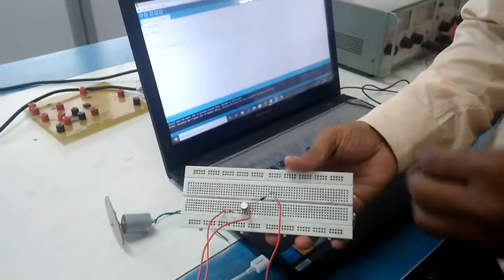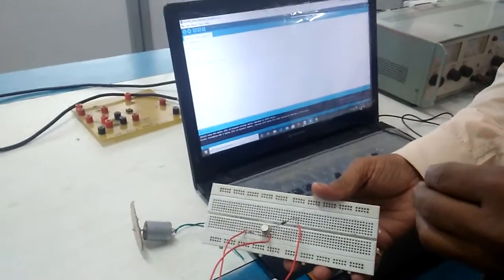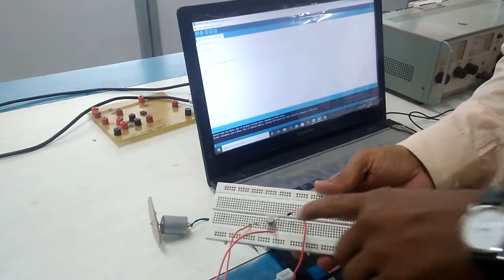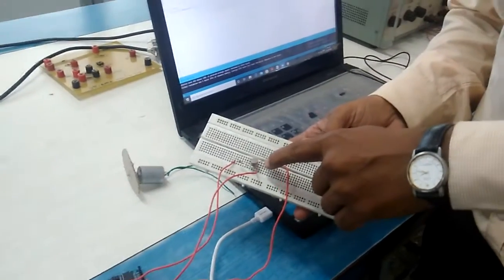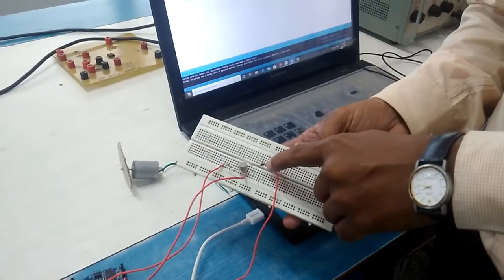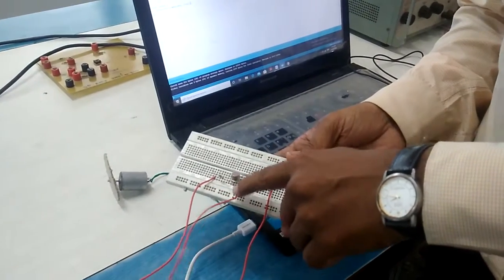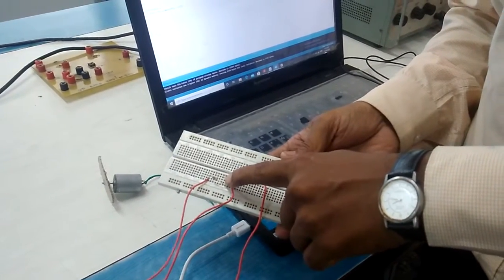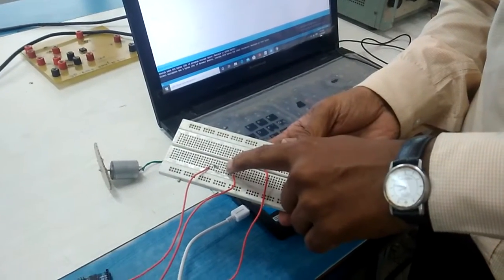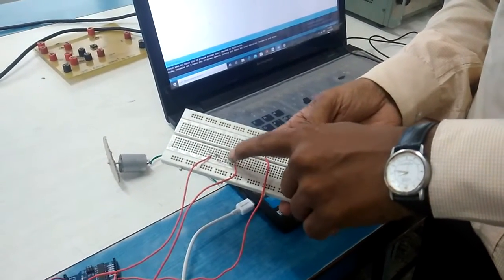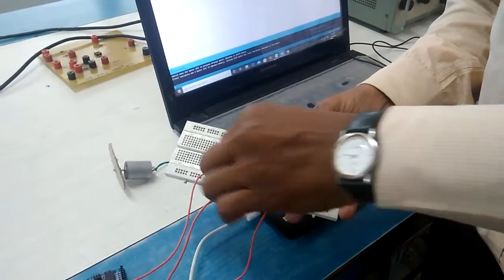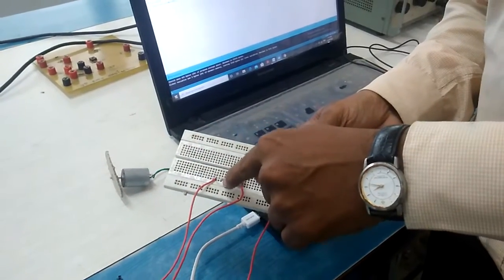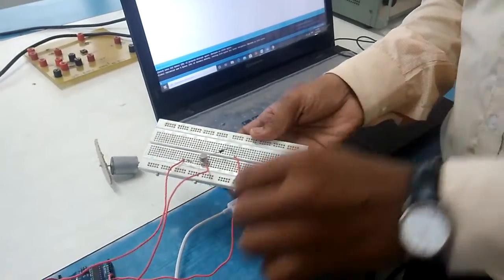Then as usual, we need the board. Actually, I have already installed the components to reduce the time of our video. You can see that this is the diode. In the diode, the black side is the anode, and the white strip is the cathode. Then one more component is the transistor. I am using the power transistor SL100, and this is used as a driver in this demo project. One more component is the resistor, used for current limiting purposes.